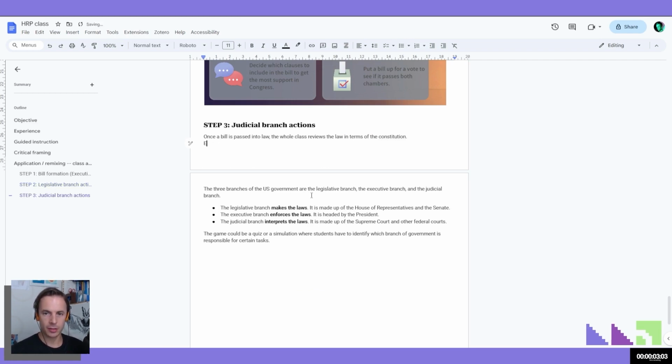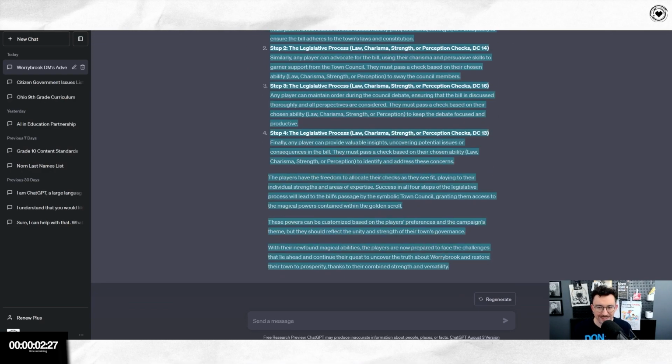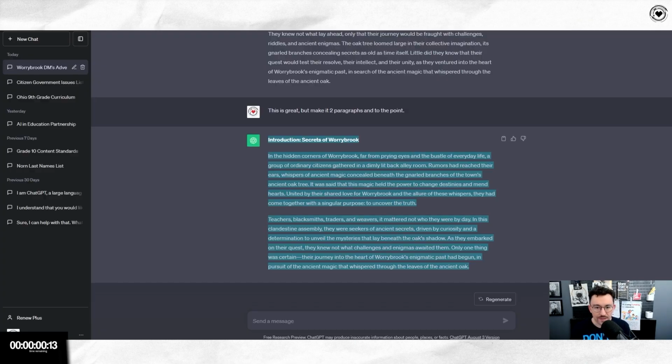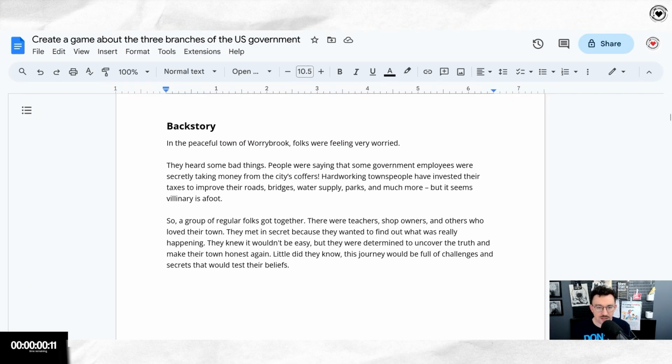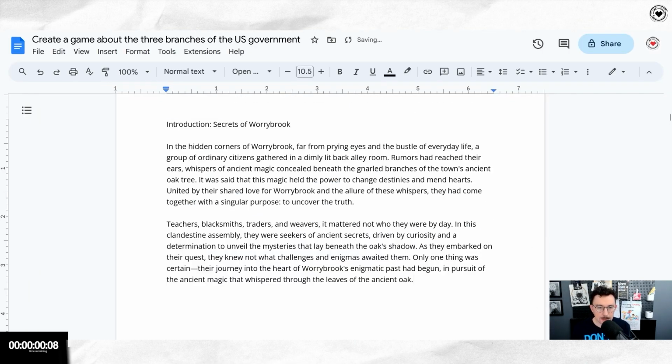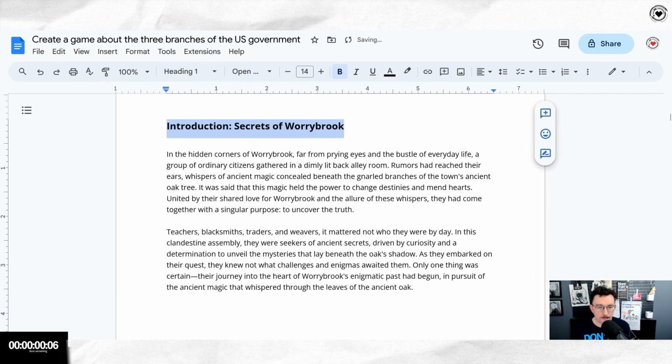Each group can review based on 1 page of this simple constitution. The Chamber of Governance. Like, how do we even get here? Introduction. So take that introduction. Put that there.